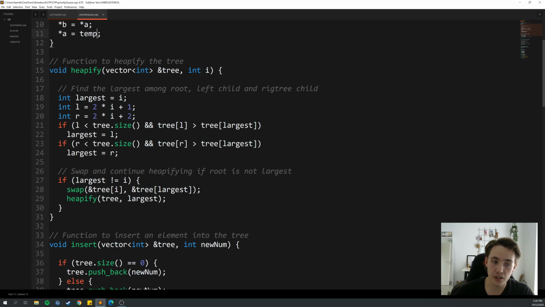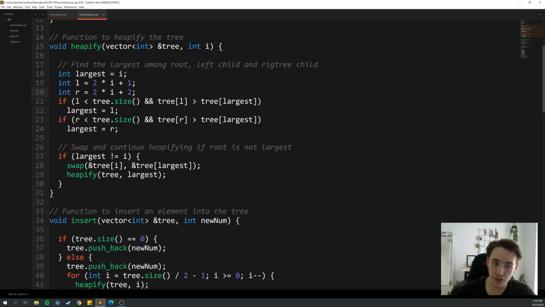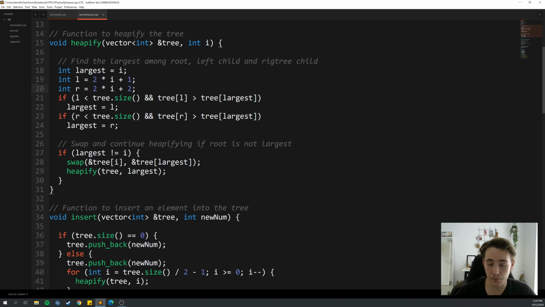So first of all, here in the first lines of code, we find the largest element among the root, left child, and right child, because we could, for example, when we insert an element, have 3 as the parent node, and then 1 and 9 as the left and right child nodes, and then 9 is the right child node, which will be the largest element. So we need to swap that with its parent. So here in the lines of code, we just find the largest element among those 3